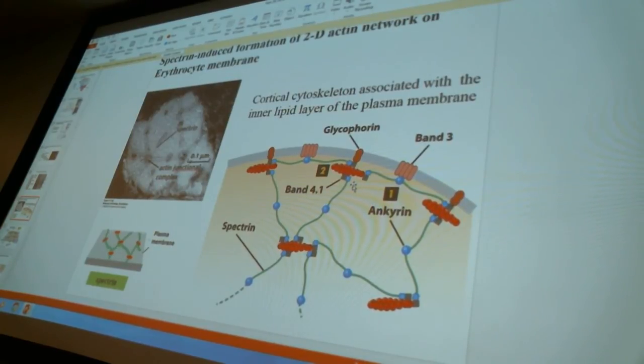So in order to maintain the shape after it passes through the tiny compartments of the microcapillaries, it requires the presence of this network of the cortical cytoskeletal structure. So it acts basically like a spring. As soon as the cell passes through the smaller space, it's able to push back and assume the normal red blood cell shape. In addition, since it's very tightly associated to the inner surface of the plasma membrane,